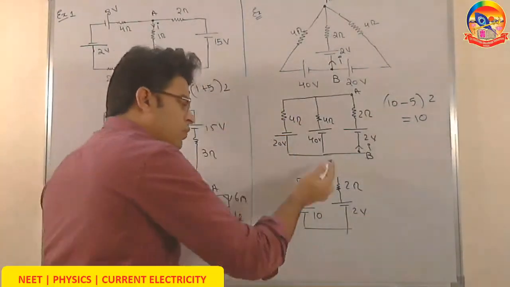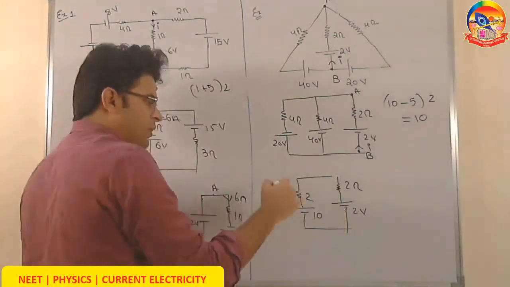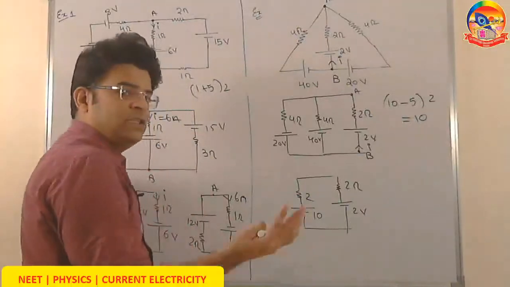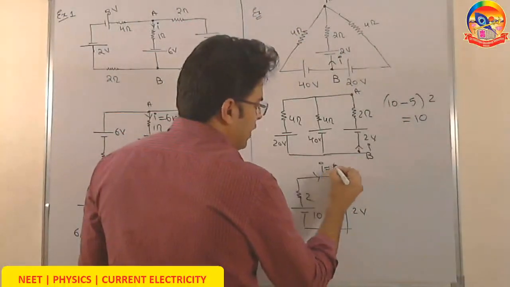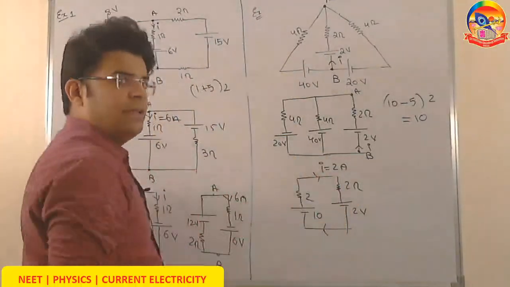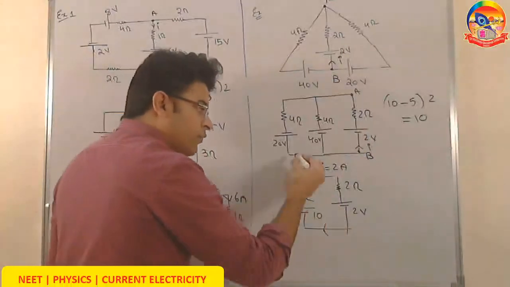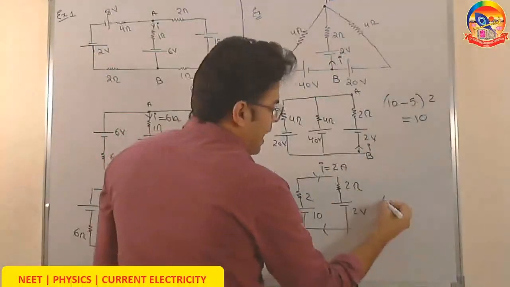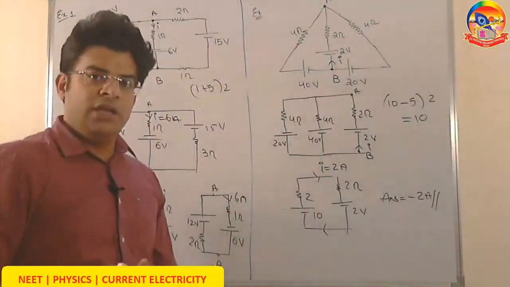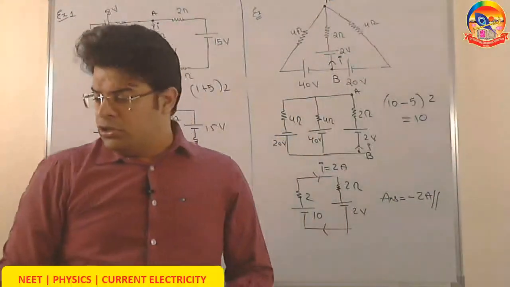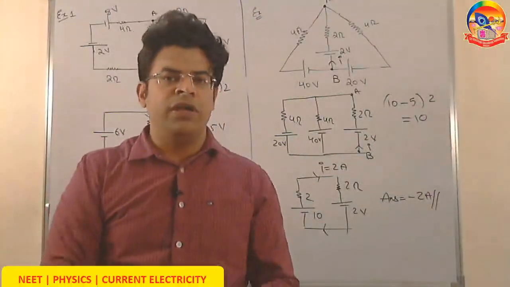Now see, overall clockwise EMF is 8, this 10 volt wants clockwise, 2 volt wants anti-clockwise, so 8, overall resistance is 4, so the current comes out to be 8 by 4, and 8 by 4 is nothing but current of 2 ampere. But sir, you got current clockwise. In the question, they have marked current upwards from B to A. You have got from A to B. This means that the appropriate answer to this question should be minus 2 ampere, because I have got current in the opposite direction. So the remaining part of current electricity we will do now in lecture 2.